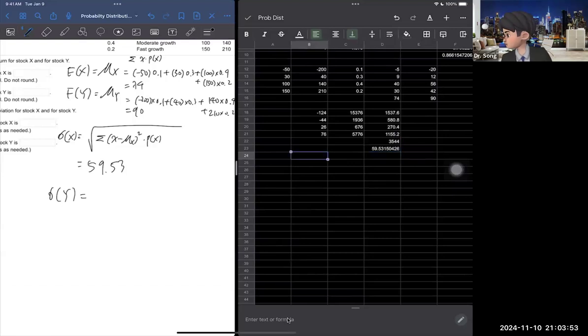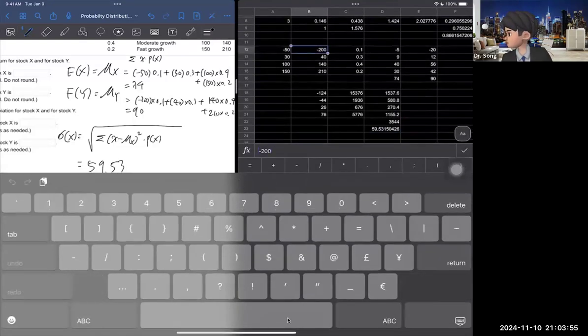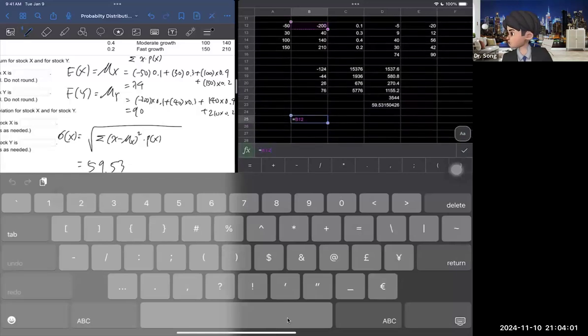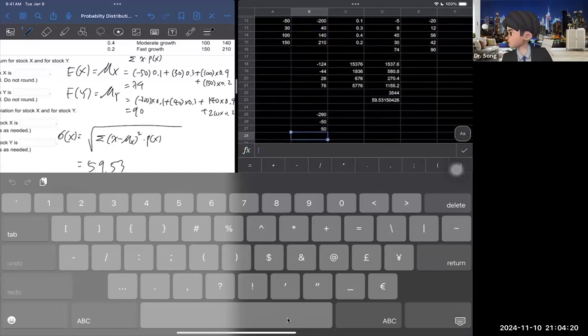Now, I want to calculate the standard deviation of the y as well. So here, do the same thing. This -200. So pick up a cell. This -200 minus mean. And then the mean is 90. And you do the same thing. 40 minus 90. And then 140 minus 90. And then the last one is the same, 210 minus 90. And then what's the next step? You square. So -290 squared,